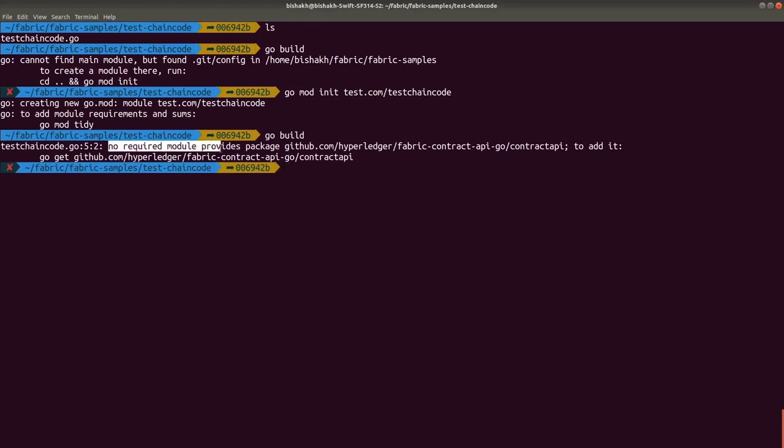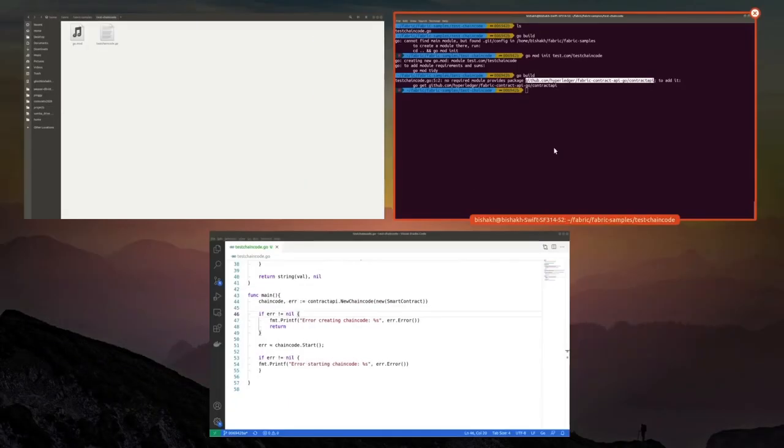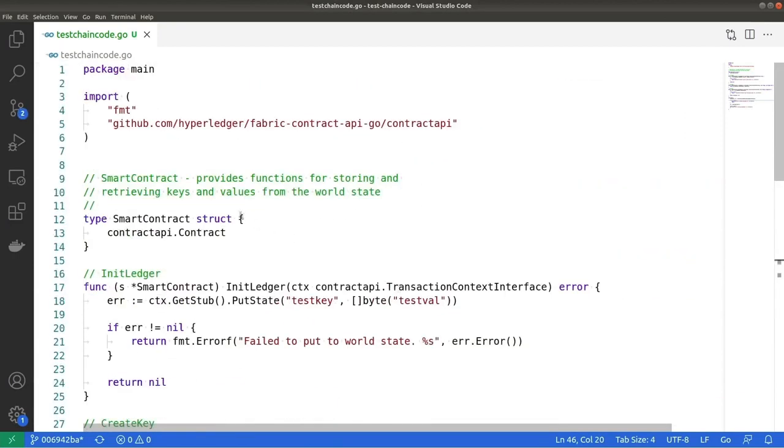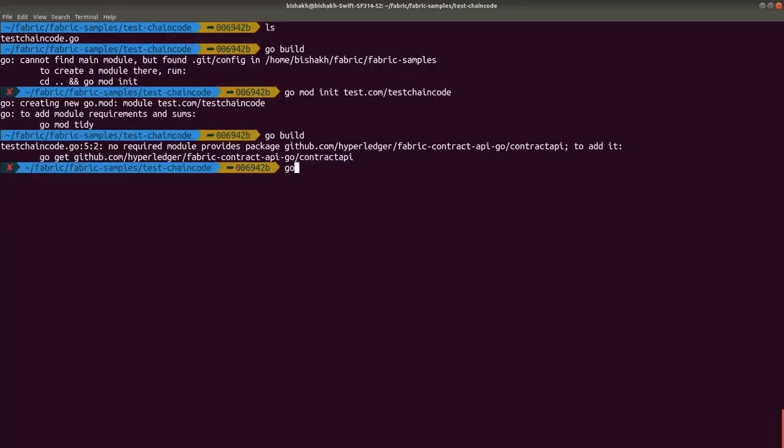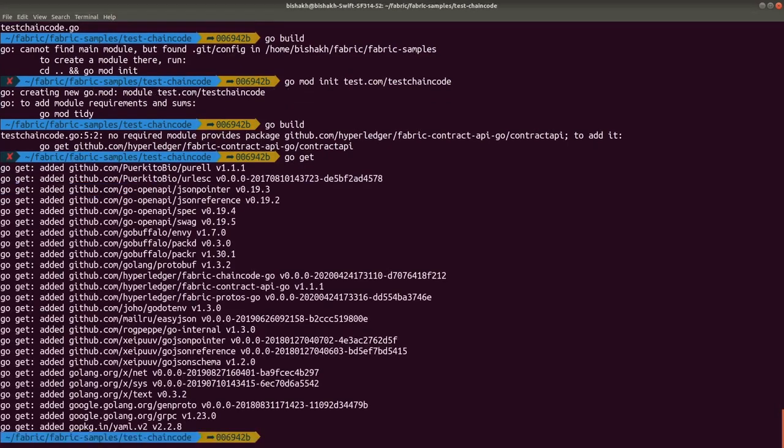So, if you try to do go build, it is saying that it is unable to find the package. So, no required module provides this package Fabric contract API. So, how do we install that package? So, remember we imported this package here in this code. So, we need to fetch this package Fabric contract API. To fetch that, there is a simple command which is go space get. So, you do that and press enter, and it will automatically fetch all the required packages in your files and